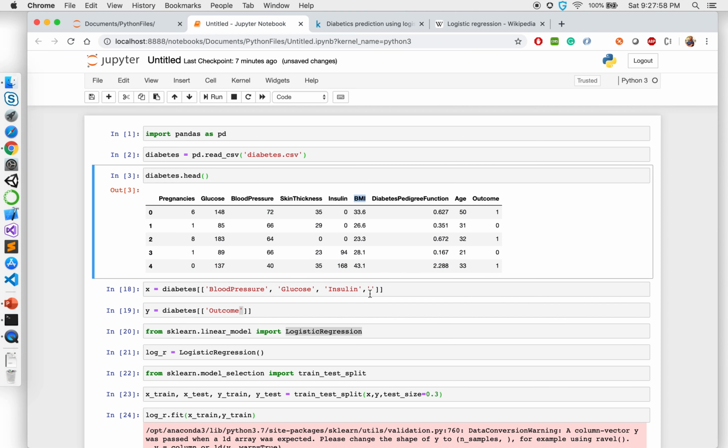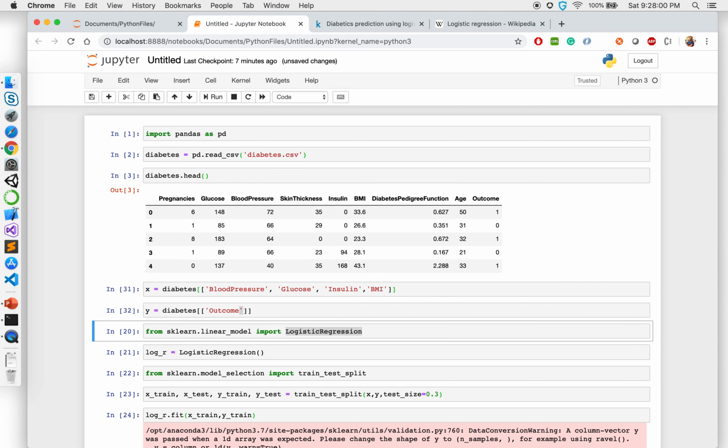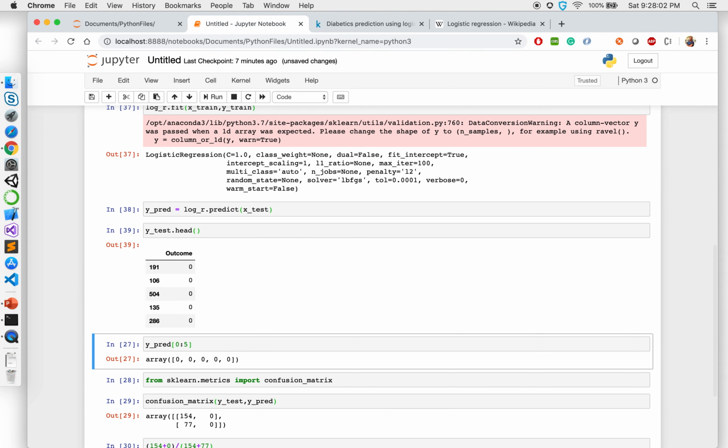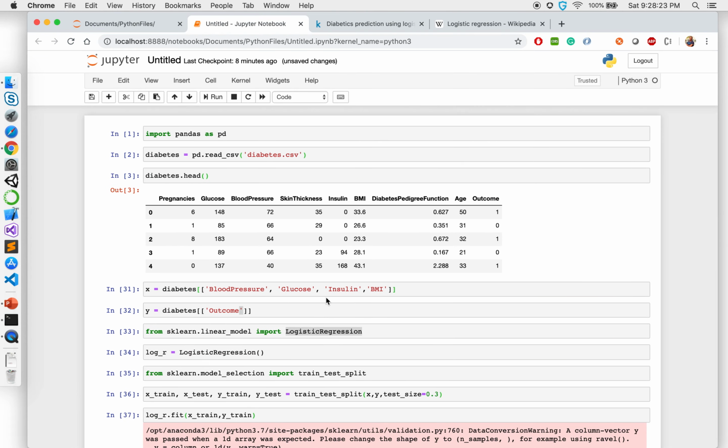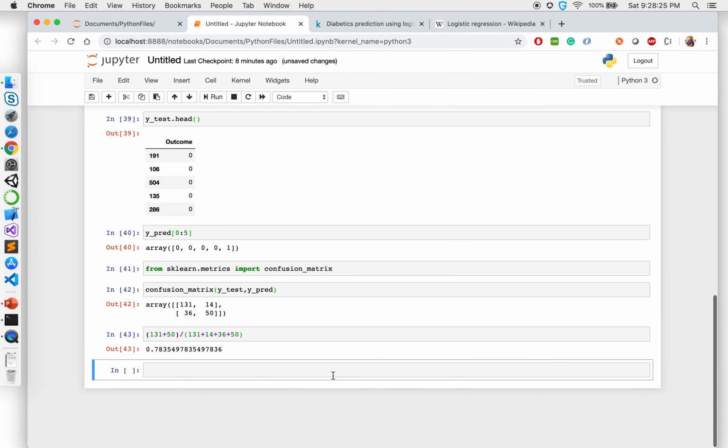So I'm going to use a bunch of different variables and try to find out what percentage I get. So I have 131 correct plus 50 for non-diabetic people, 131 plus 14 plus 36 plus 50, and that is 78%, much better than what we did before. So using more different variables from here helped in this particular case.